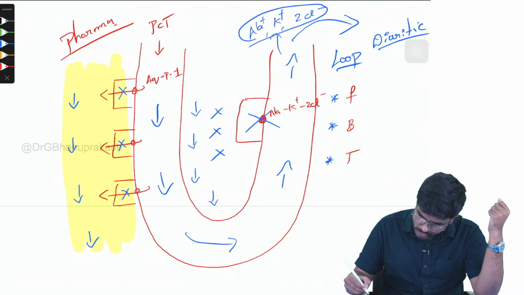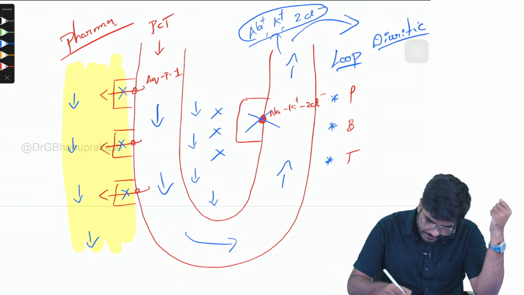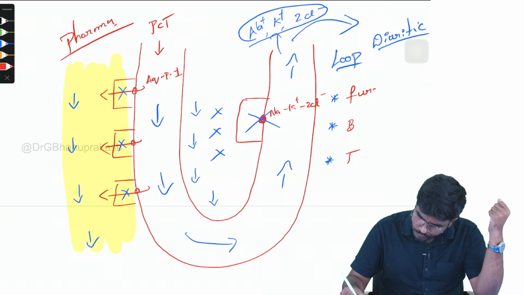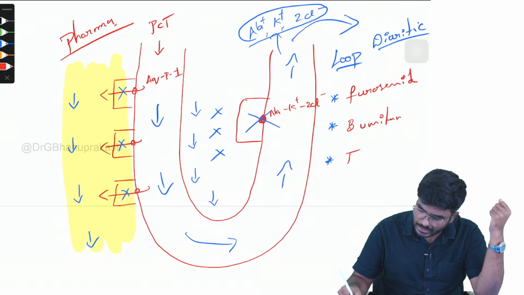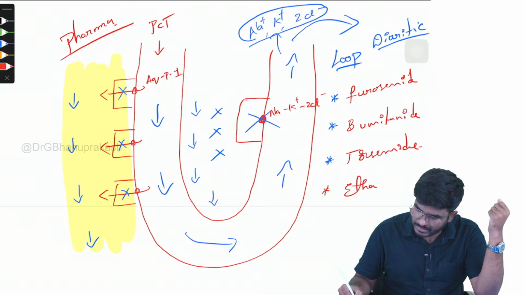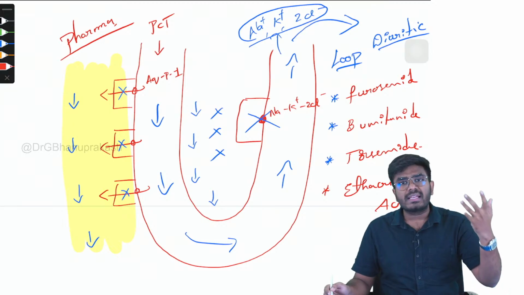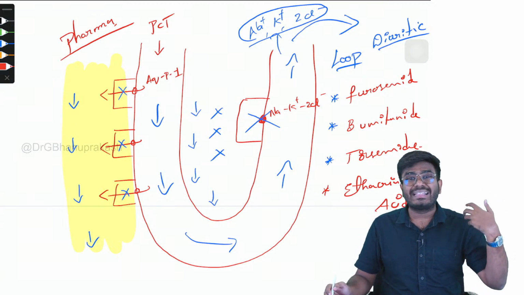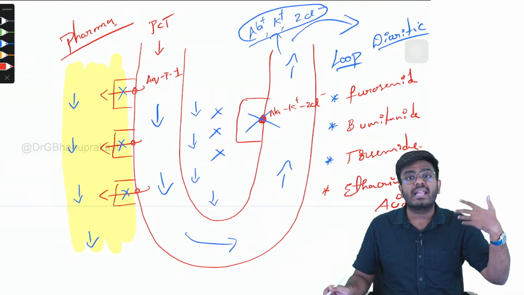Saide. Yes, furosemide. Excellent, excellent, Saide. You are right. Furosemide. Bumetanide. Torsemide. Okay, torsemide. And ethacrynic acid. So furosemide, bumetanide, torsemide, ethacrynic acid, all these are the drugs which are acting on the ascending limb of